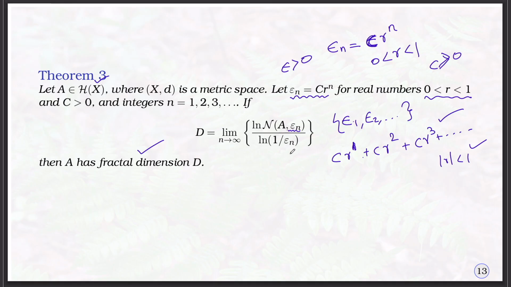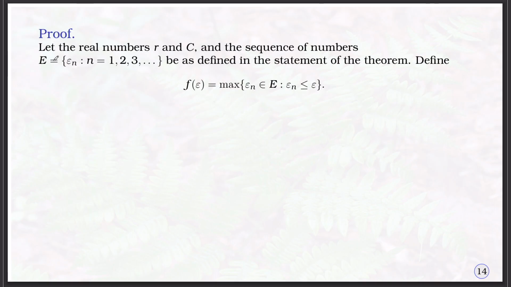For proving this theorem, first let the real numbers r and c and the sequence of numbers epsilon n, where n equals 1, 2, 3, etc., be as defined in the statement of the theorem. The r is in (0, 1) and c is a positive number, and the epsilon n is defined as c r